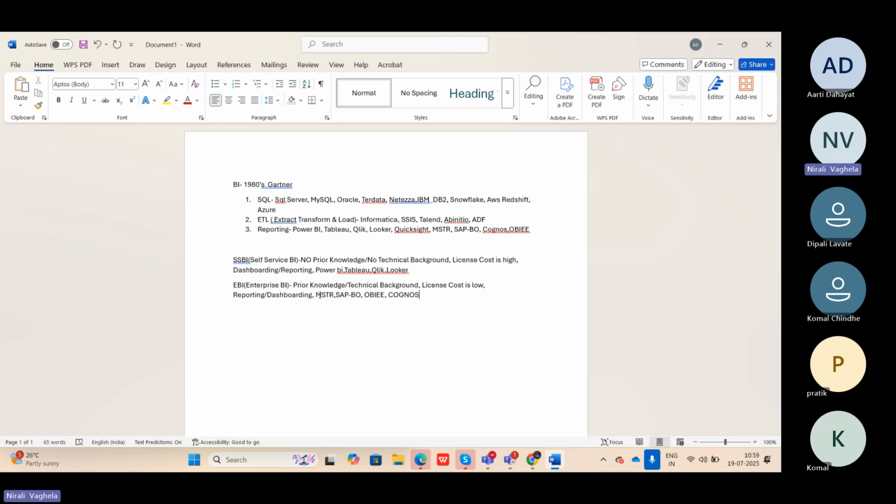No prerequisite knowledge or technical background is required. Though it's part of technical work, once you understand the flow and how these tools work, you can work on them. Okay. So here, I'm talking about BI, self-service BI, or any BI basically.